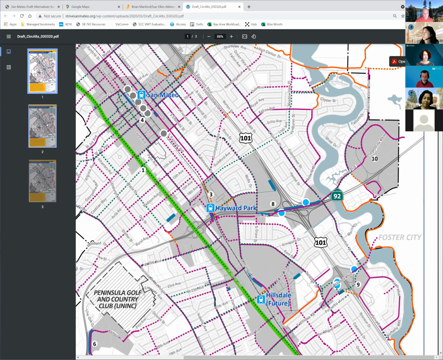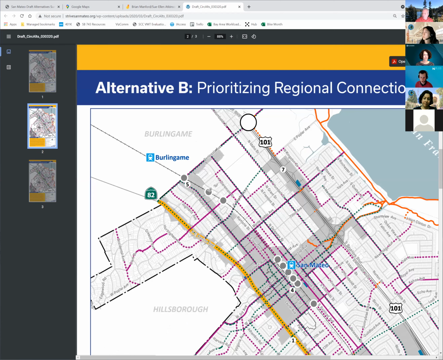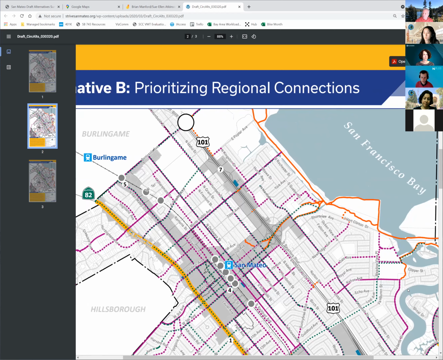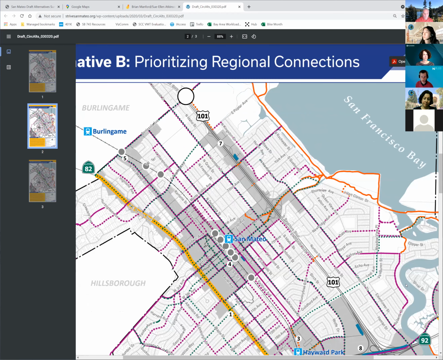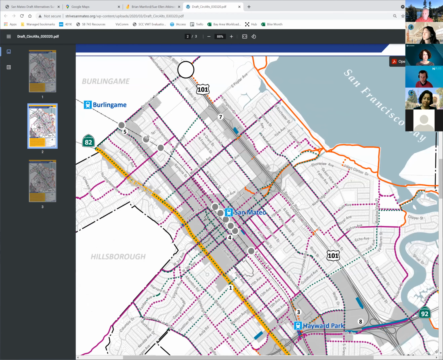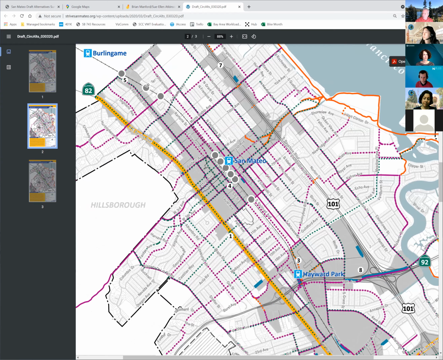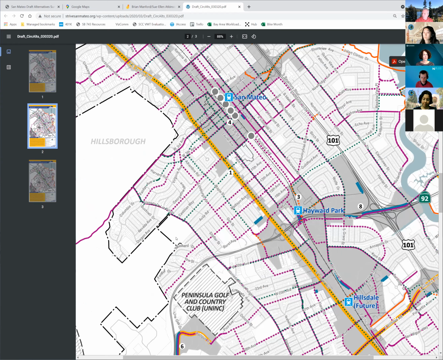Alternative B, again, I mentioned the Caltrain business plan and Caltrain service enhancements. So how do we make sure that these new study areas, as well as the whole city, can benefit from that? I'm zoomed out because I want you to see the whole corridor.